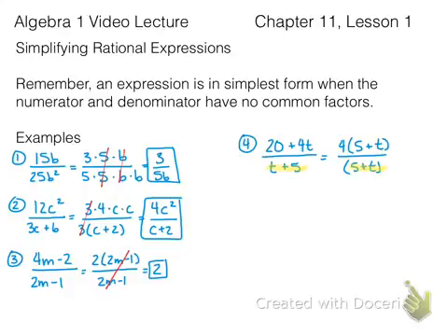Since they're being added, I can actually switch the locations, commute, change, move the location, and it's not going to change anything. So now that I have 5 plus t over 5 plus t, I can cancel them out. So again, commutative property of addition at work. Make sure you pay attention to that,